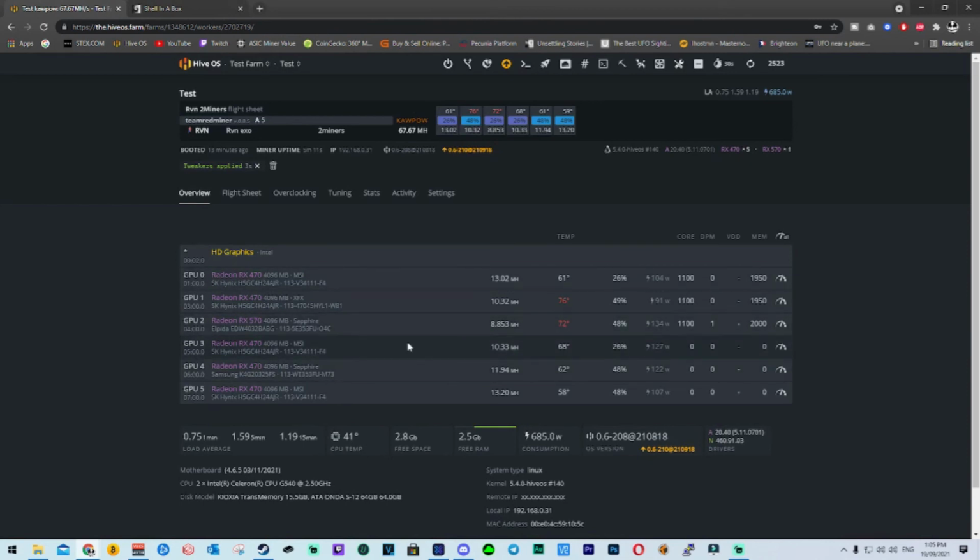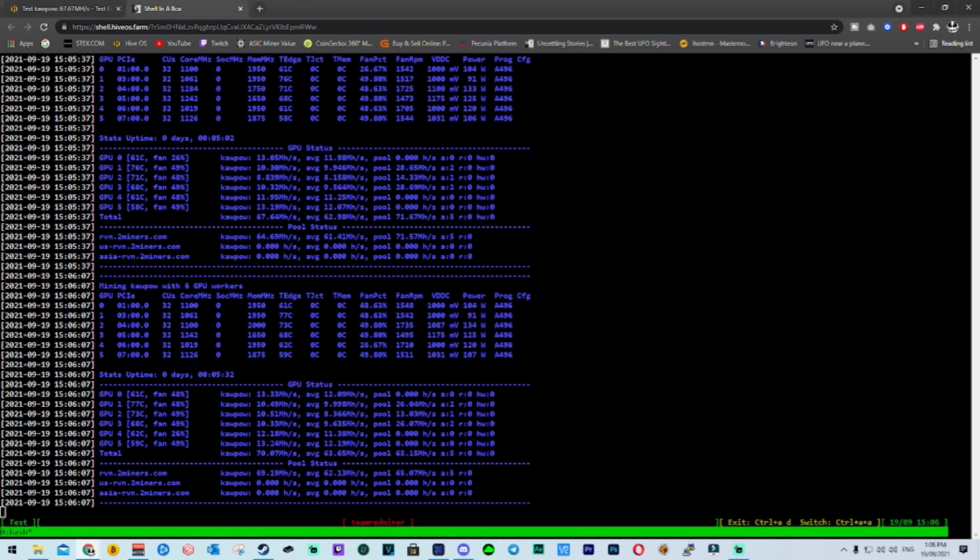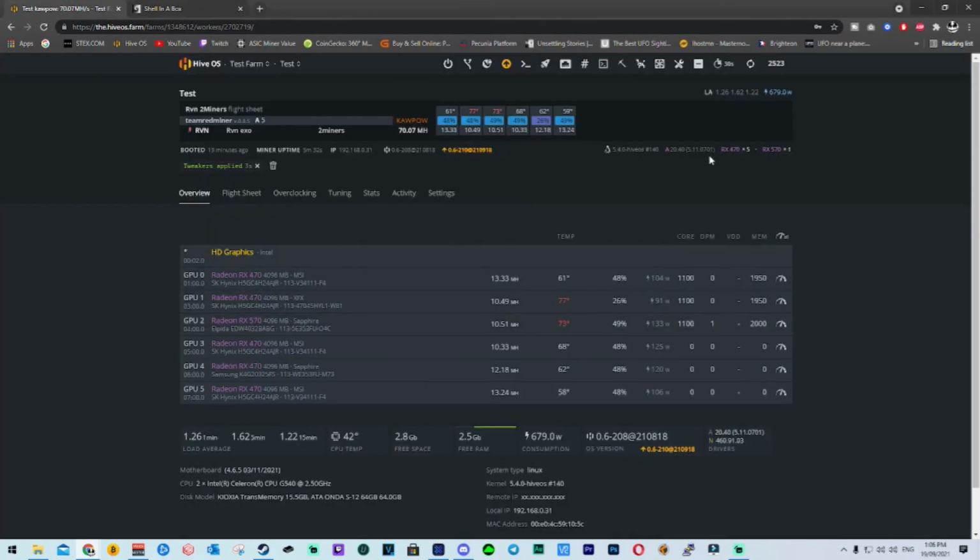I don't think I've bias modded any of these cards, but it's on the Elpida memory. Is it Elpida? Is that how you pronounce it? The memory's a bit, it's not great, we'll say, but we'll see how it goes. So we've gone up from 8 megahash, which you see here, this is GPU 2, to now 10 megahash. Which isn't bad, it's really decent, but we're still using 133 watts, which is